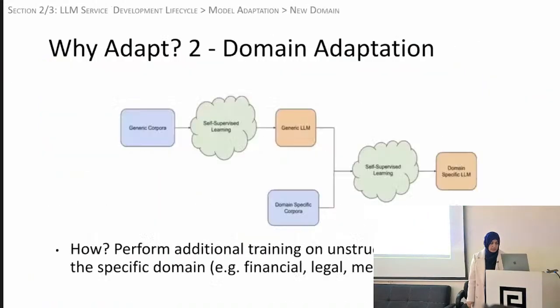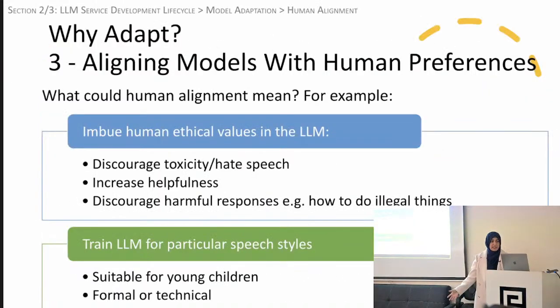Yes. All right, the third reason that you might adapt is to align a model with human preferences. This is so important that it is actually now known as a standard part of making any LLM available for public release, right? So what could human alignment mean? For example, you might want to give the LLM human ethical values, right?